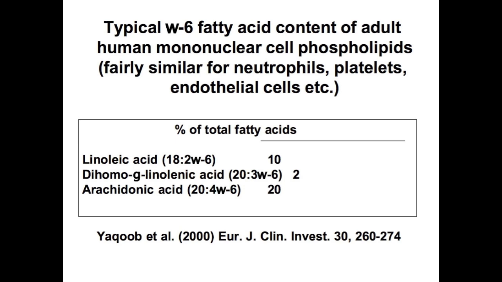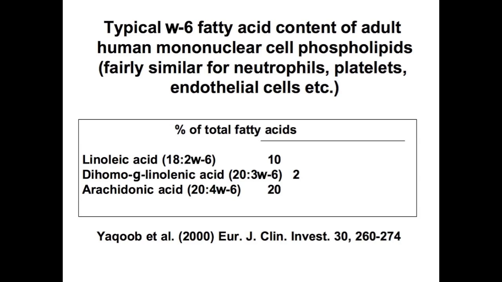So these are the omega-6 fatty acids. Okay? So this is proportion of total. So you see there's an awful lot of this fatty acid here. That's arachidonic acid. 20 carbons and 4 double bonds, omega-6. 1 in 5 of the fatty acids in your inflammatory cell membranes is arachidonic acid. That's an awful lot of one fatty acid. You don't eat that much arachidonic acid by and large, but these cells concentrate it in their membranes.